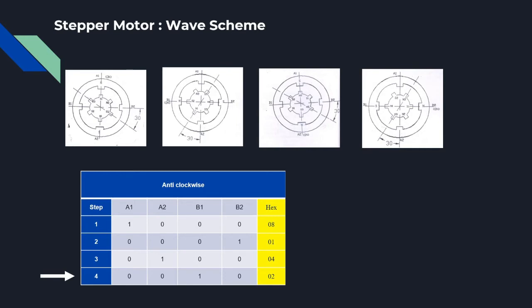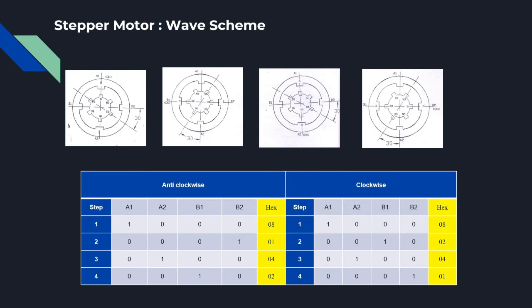So 90-degree rotation of the rotor is possible with 3 steps. When you loop this completely with an infinite loop, you will be able to make the rotor rotate 360 degrees, right? So that is how we try to control the stepper motor using a wave scheme.